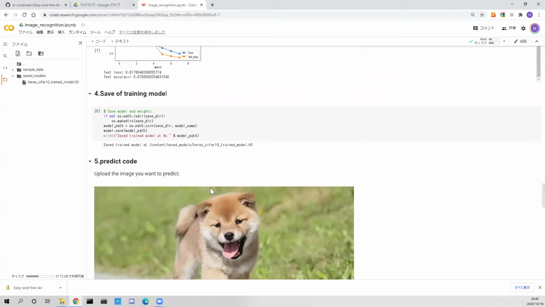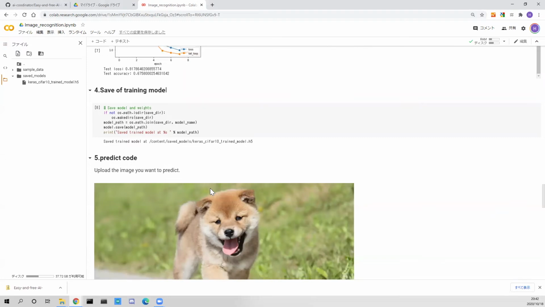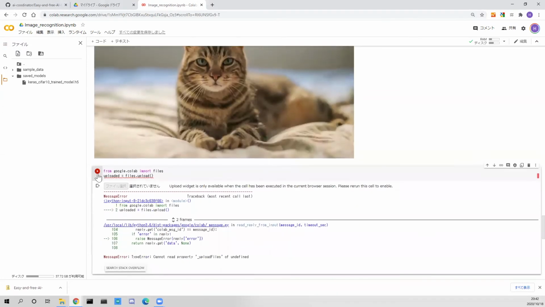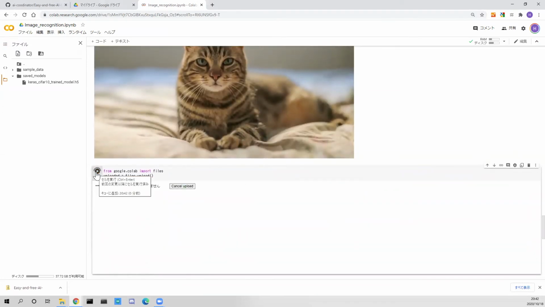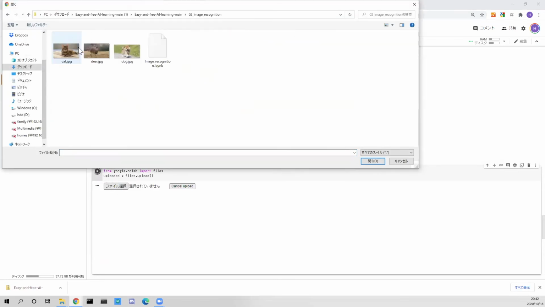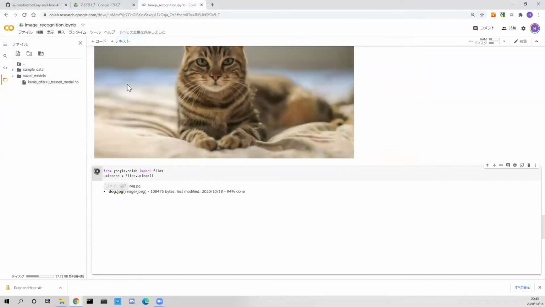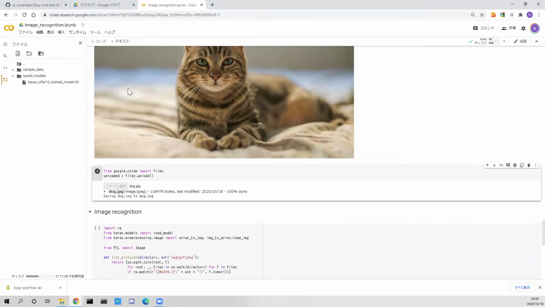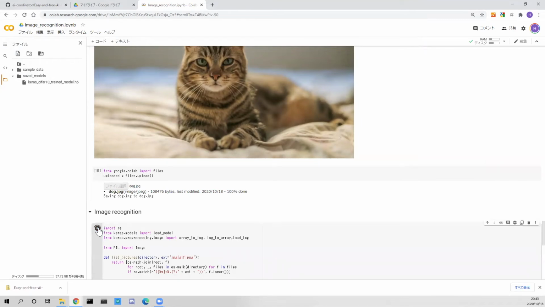Next, let's upload a file that will be inferred by AI. Select an image of the dog. After uploading, run AI.